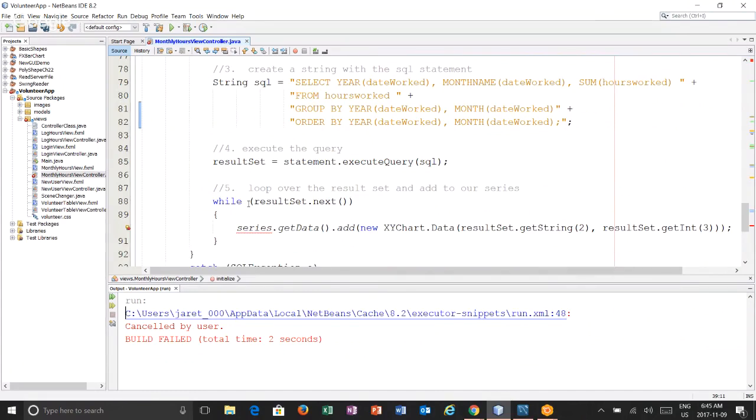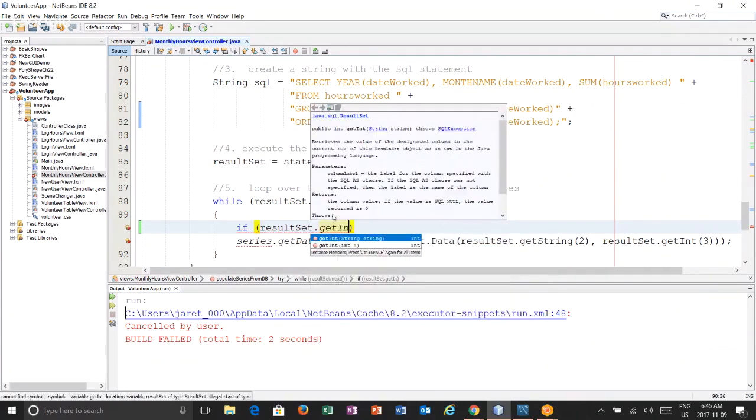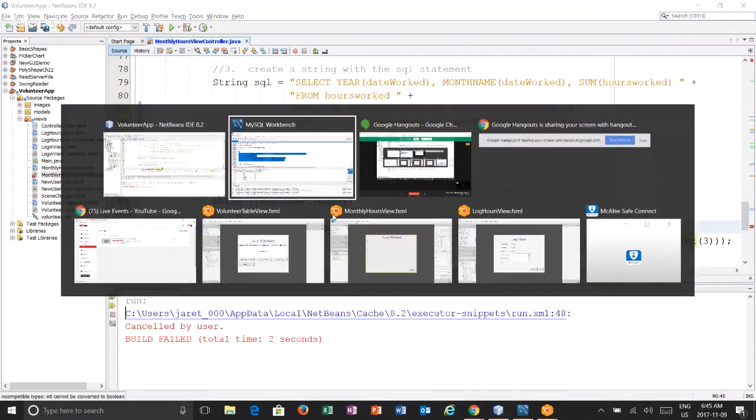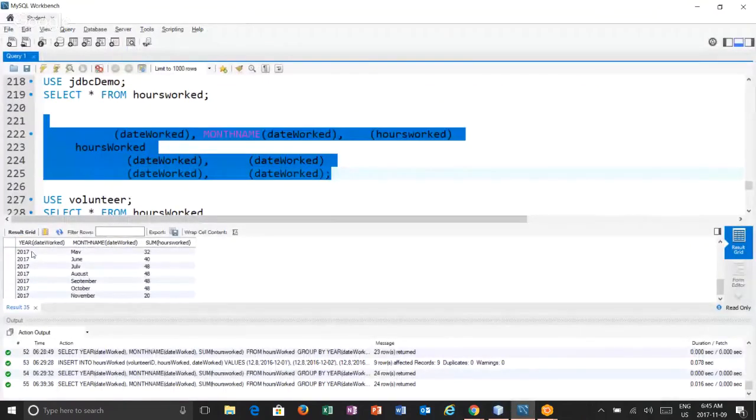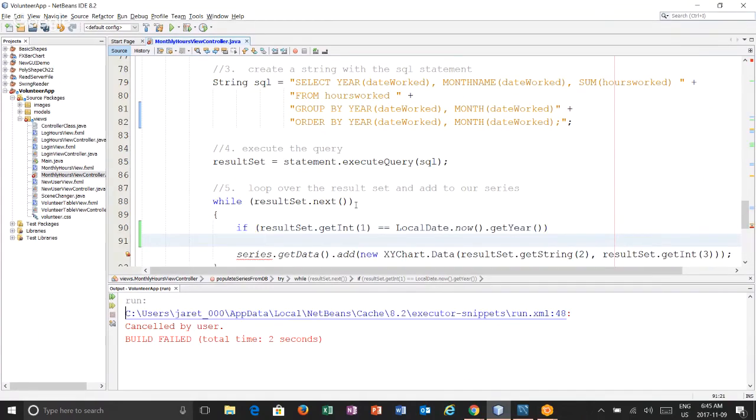So in the while loop, we need to handle that scenario. We need to decide if it's a current year or not. So we're going to say if result set, it's that first column. So remember, our first column is the year. If that equals current year, right? So what we did before